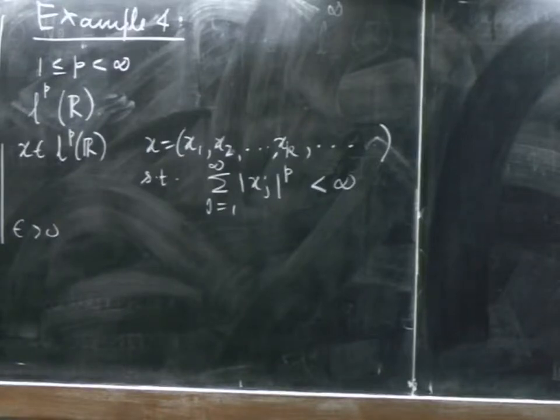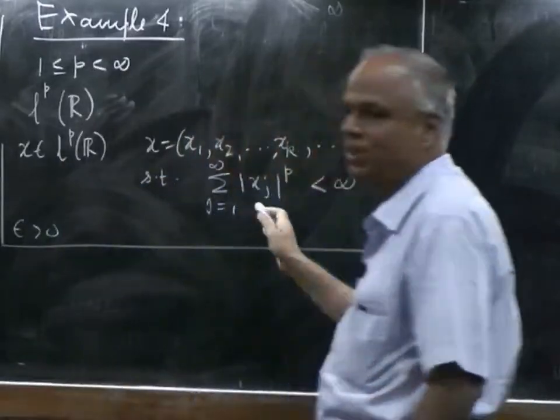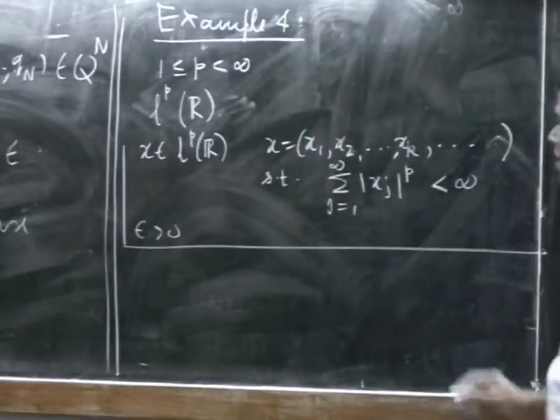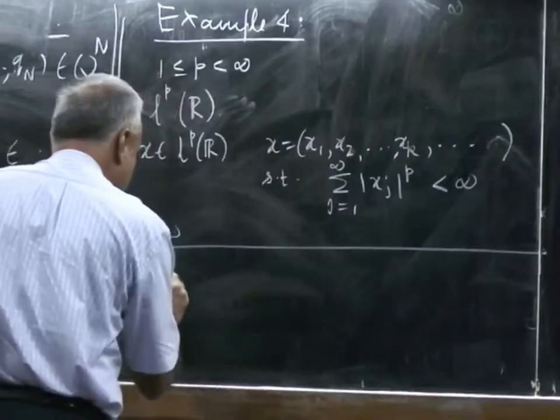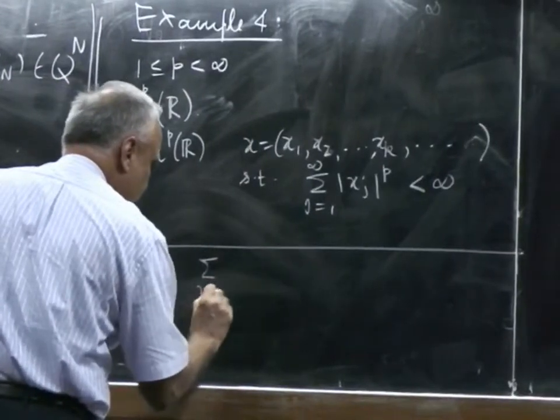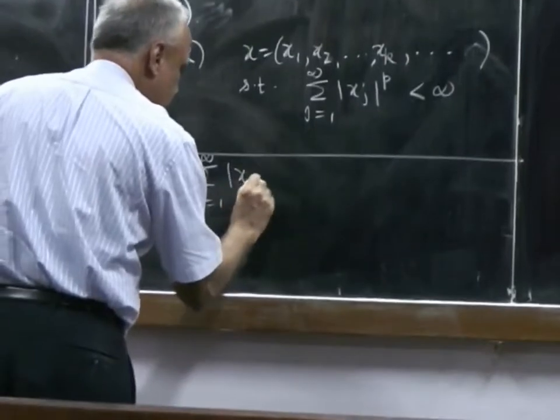The way we do it is the following. First thing we look at is, this series is finite, this series converges. If a series is convergent, the tail is very small. So you can approximate the tail by 0 coefficients. All components as 0, and only the head you will have to approximate by the rational number. So the idea therefore is the following. First chop off the tail. Given, since the summation j equal to 1 to infinity |xj|^p